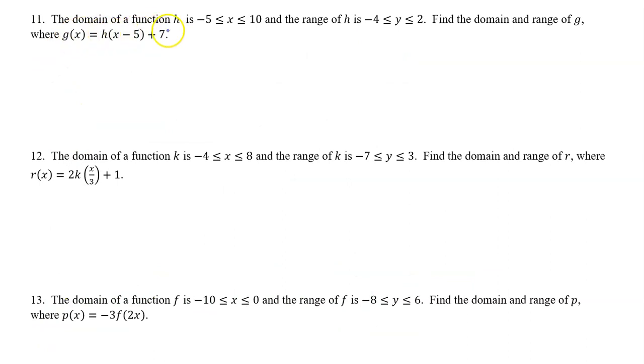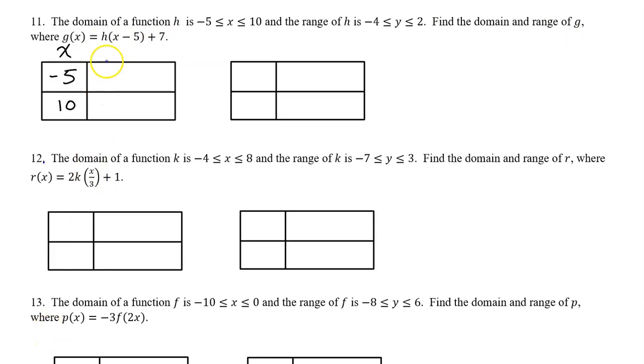Number 11. The domain of function h is the closed interval from negative 5 to 10, and the range is the closed interval from negative 4 to 2. Find the domain and range of g, where g of x is h at x minus 5 plus 7. I like to find the new domain and range using small charts. The domain is the set of x values, so the endpoints of the x values are the negative 5 and